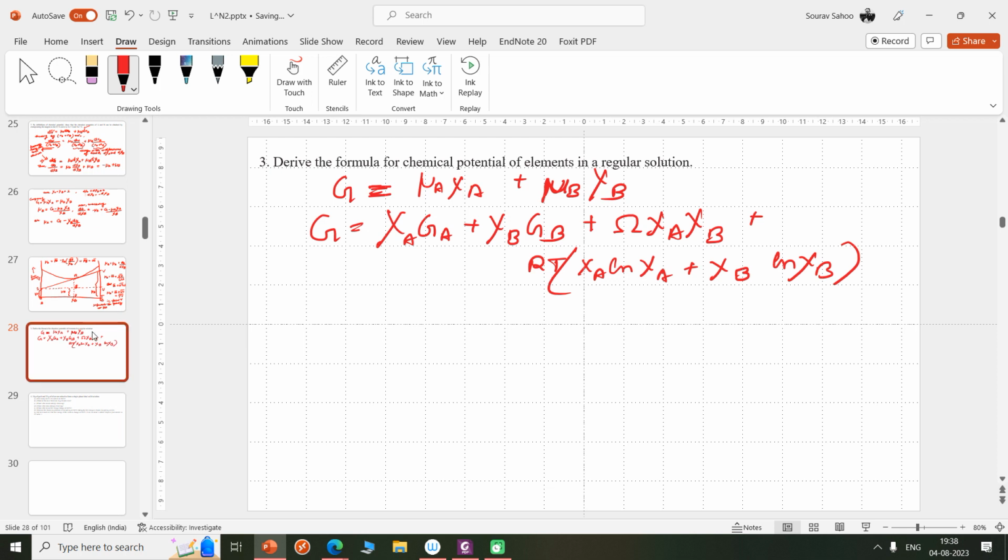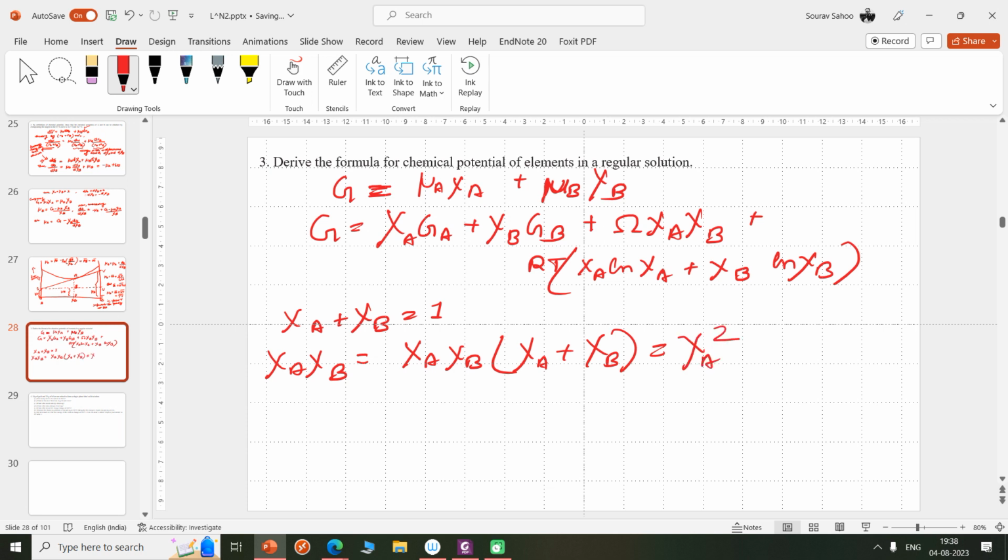So now it tells us since phi A plus phi B is equal to 1, I can just write phi A phi B as phi A phi B times phi A plus phi B, which is equal to phi A square phi B plus phi B square phi A. Okay, and if I just plug in this thing here and evaluate,